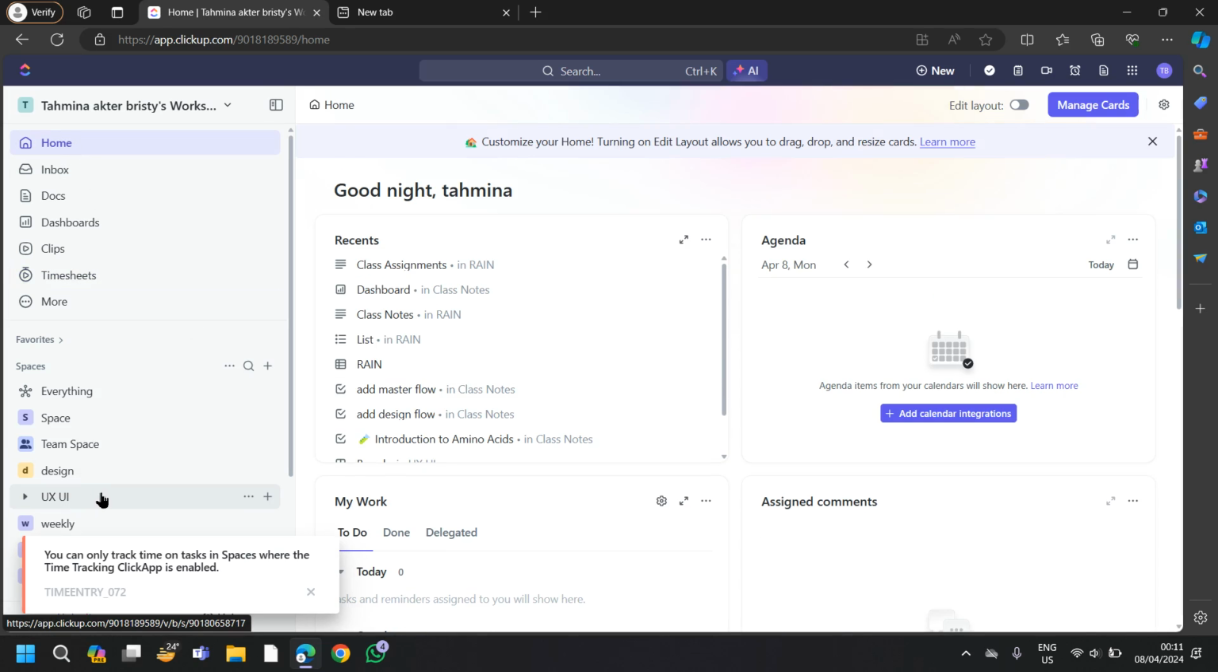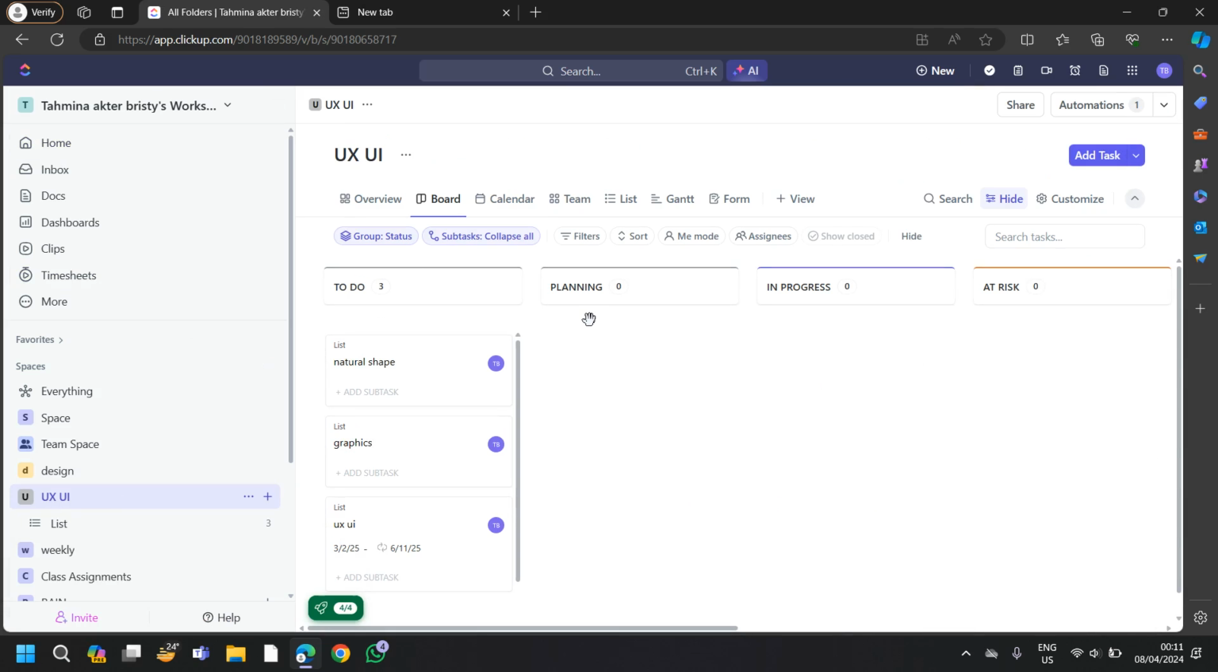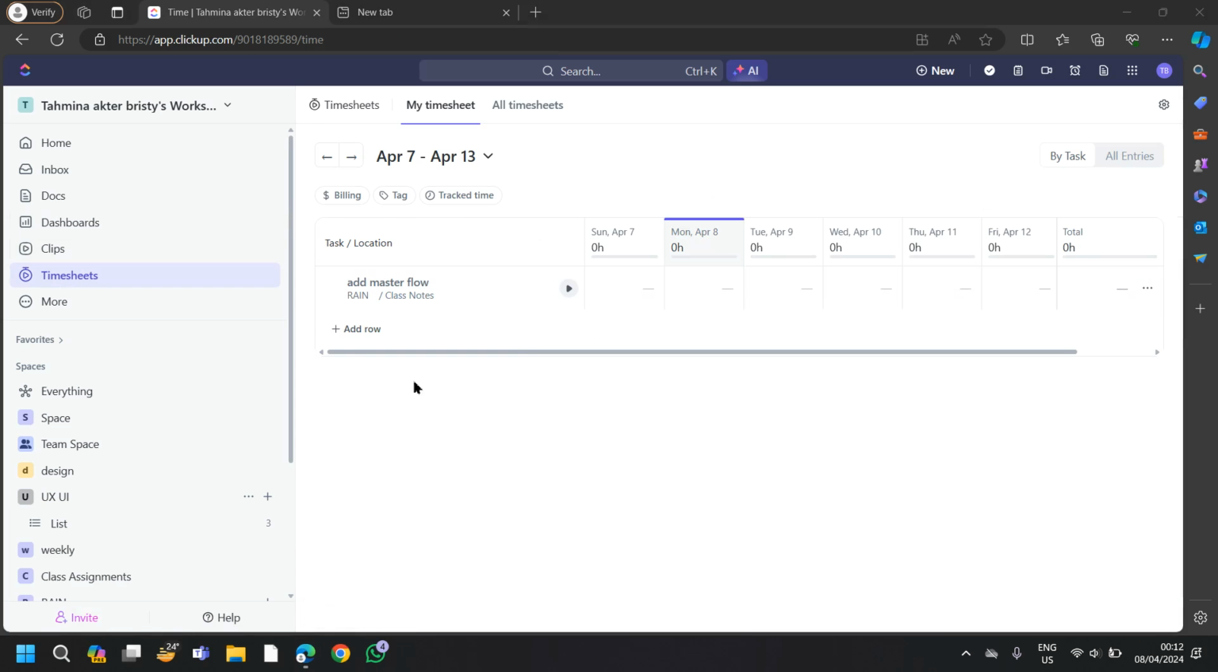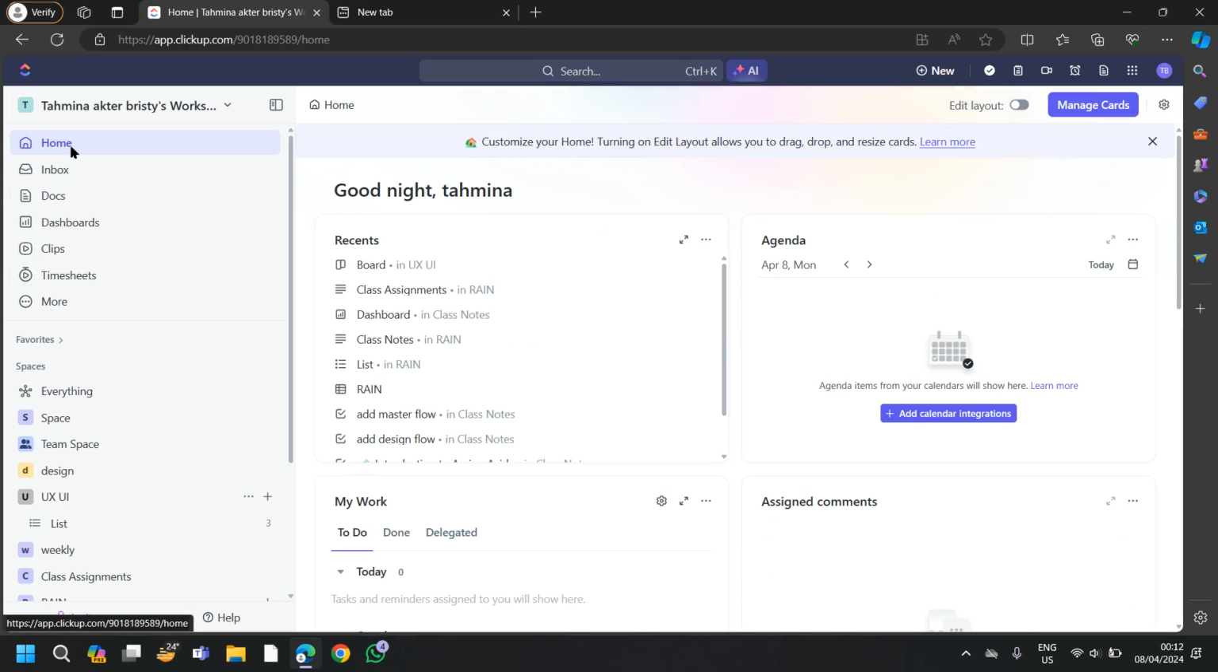Now you can go back to your workspace and work on your list, folder, or any kind of tasks on your ClickUp. While working on any kind of folders or lists, it will not stop your time. Now, once you have added a task on the row, you will have to go back to your home workspace